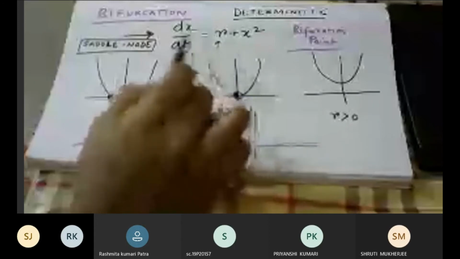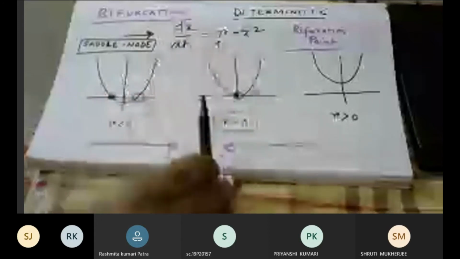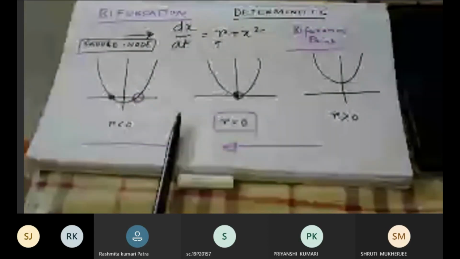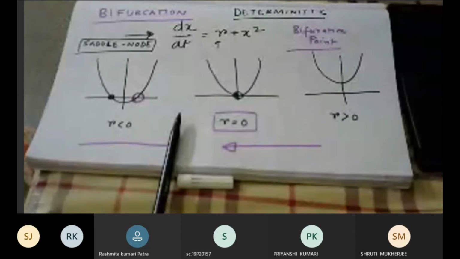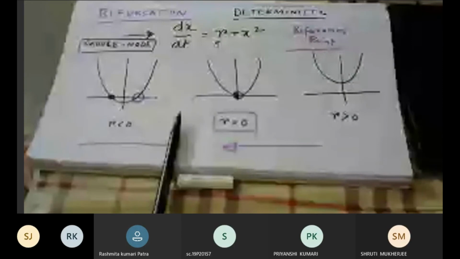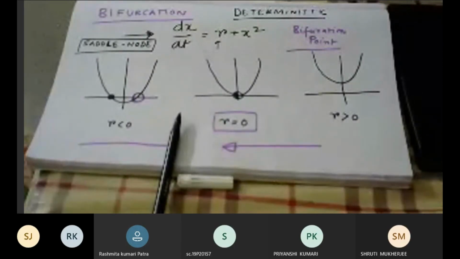Similarly, all the bifurcations that we will learn about: transcritical, pitchfork, and there is Hopf bifurcation as well. All these four bifurcations we will learn about step by step, and we'll learn about their normal forms. We'll learn about some other systems as well, where the normal form is not there, but still we are getting bifurcation, and we'll learn how to change those equations with appropriate transformation to the normal form of the bifurcation that we are seeing.